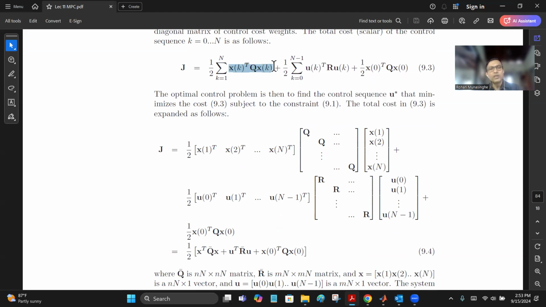Now we have xk over here, the state, which depends on the control signal. You saw it earlier. So we have to get rid of this xk. If you keep xk in your cost function, you won't be able to optimize it with respect to u, because xk depends on u, right? Therefore, we can find these equations and replace xk in the equation. But before that, we will bring this 9.3 a bit further down,